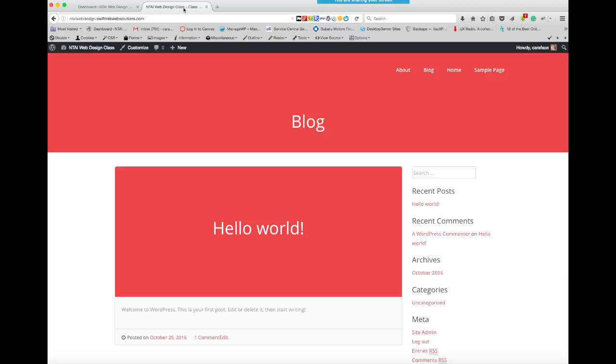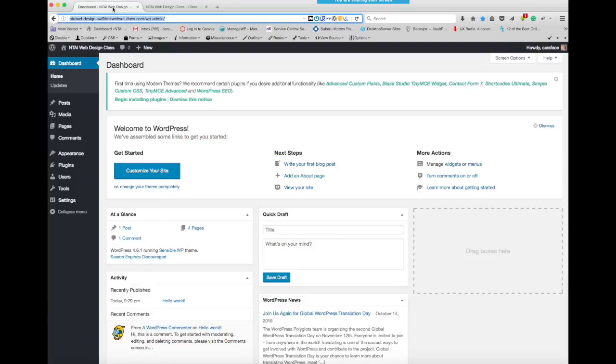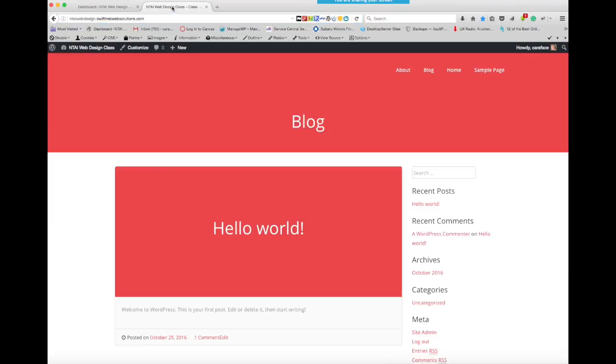Do you each have a tab side by side? Yeah, I put them right next to each other. Okay, good. So what we need to do is, if you look at your